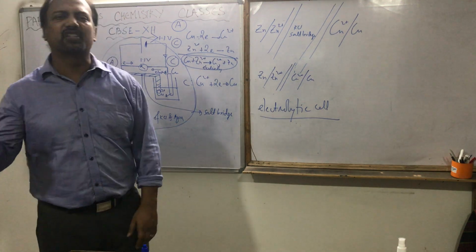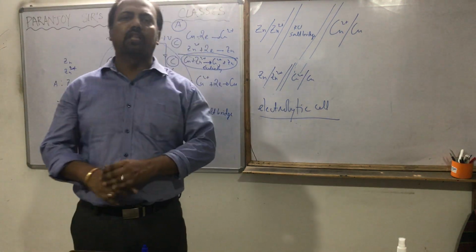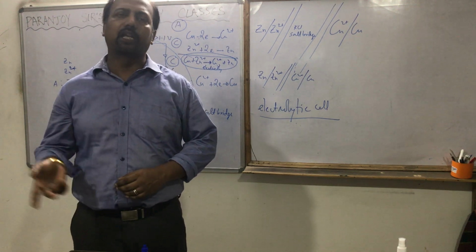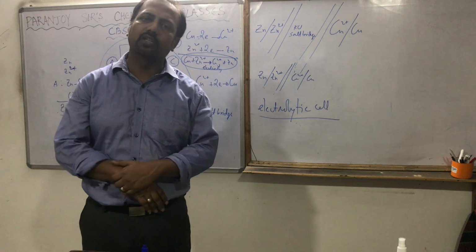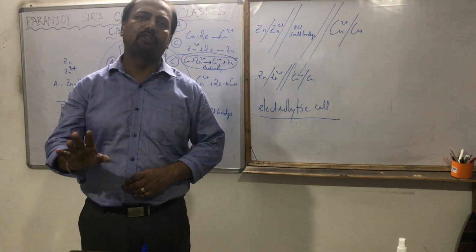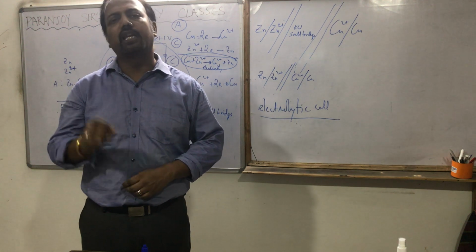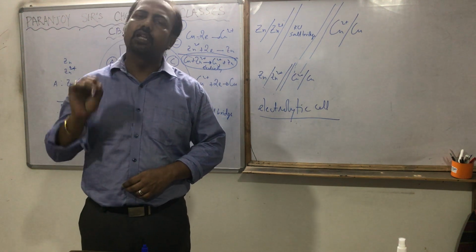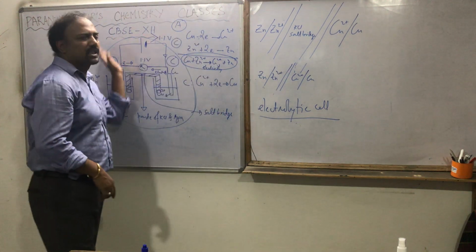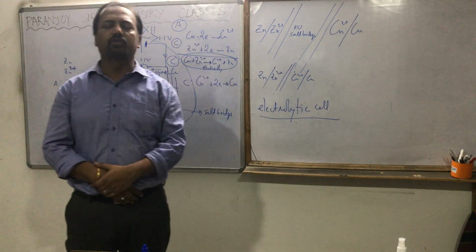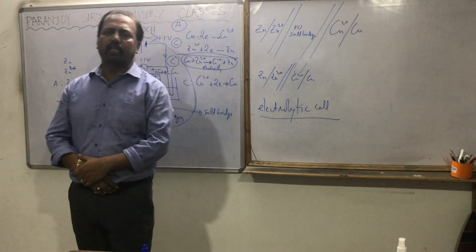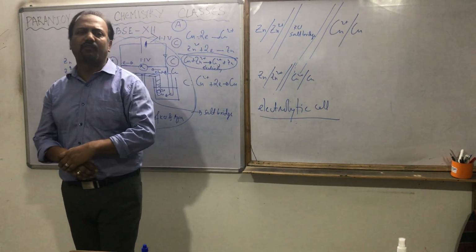The cathode will start behaving as anode. The anode will start behaving as cathode. The reaction taking place is just opposite to the natural reaction, but that is happening only because of the passage of electricity, where the electrical energy is converted into chemical energy. Hence in this second condition the cell is used as an electrolytic cell. Hope you understood that. So this is the basics of the cell.